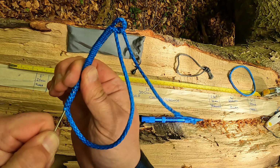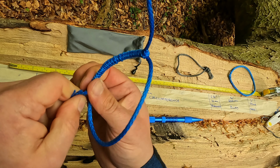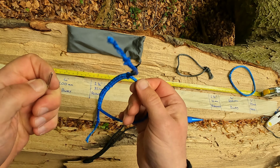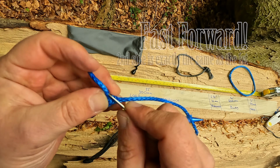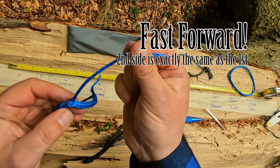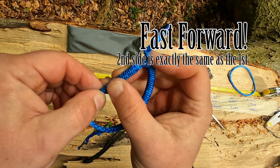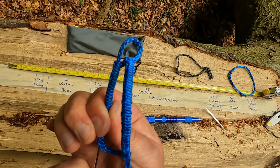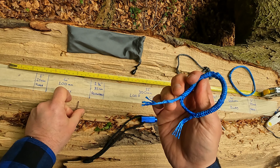just milking the sheath back over the needle until we come out the other side. There you go, we can take the needle off now. So we've done that side. We now need to do exactly the same again on the other side. There we go, and we're through. Pull that off, put our needle down,